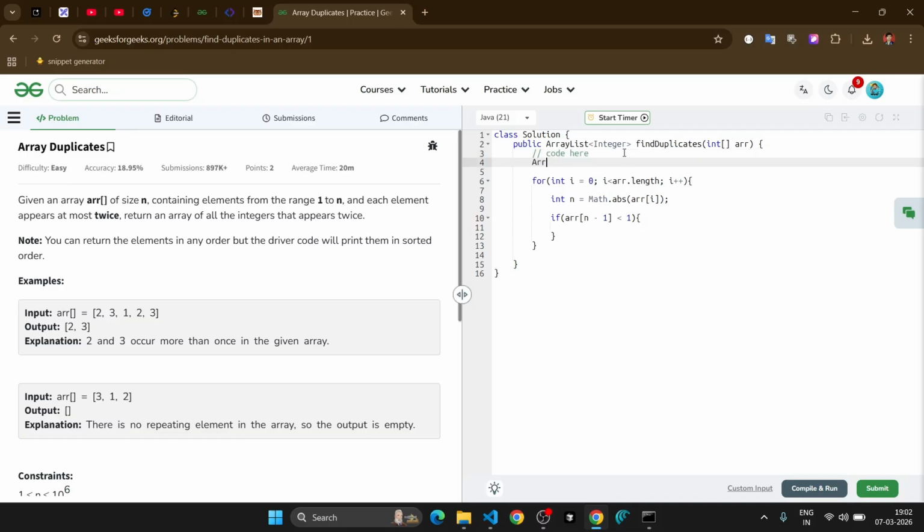So in that case, what I have to do, I just have to store the value in an array, right? So I'll create one array list. I'll just add the element, whatever the element which is present here, which satisfies the condition, to the created answer array. If the element which is present at the index n-1 is negative, then that element is appearing twice, right? Else,